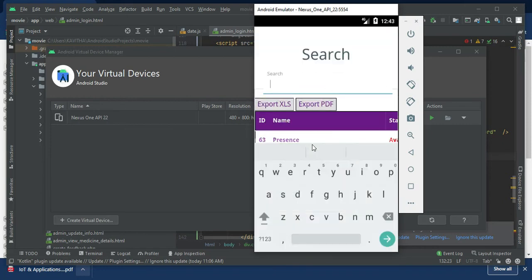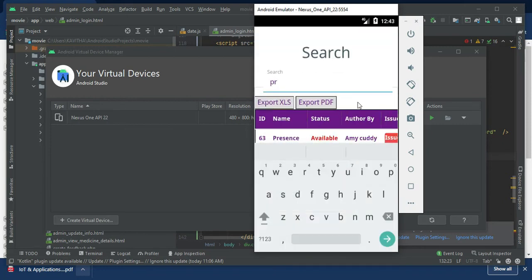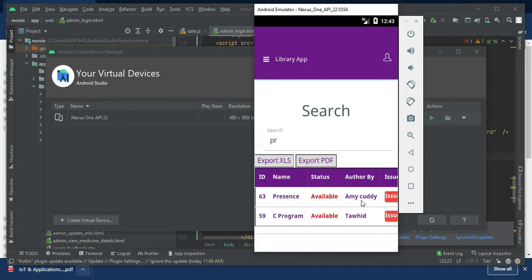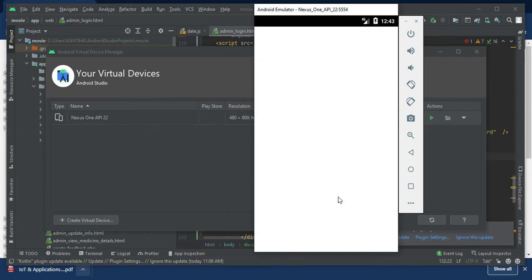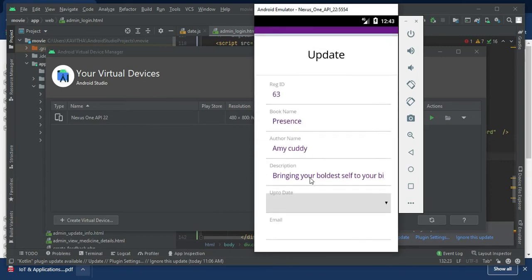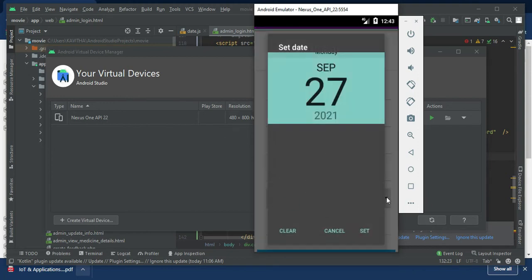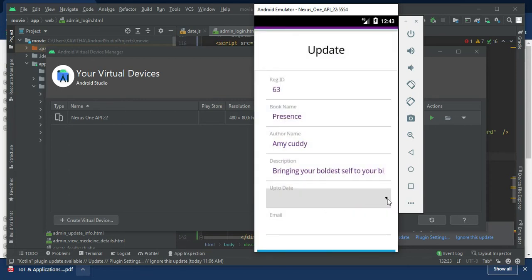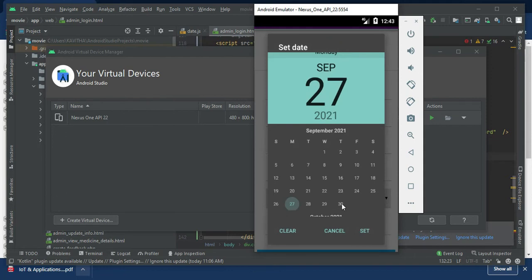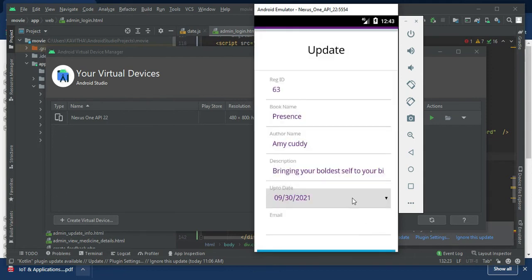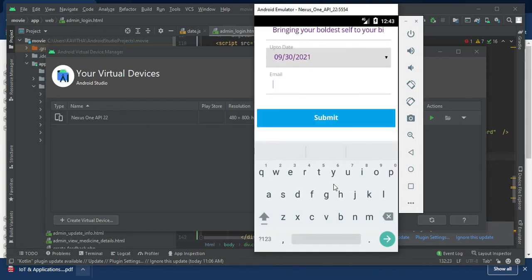Go to issue book. Here you have to mention the final date, and you have to provide the proper email ID of the student who is borrowing the book and submit it.